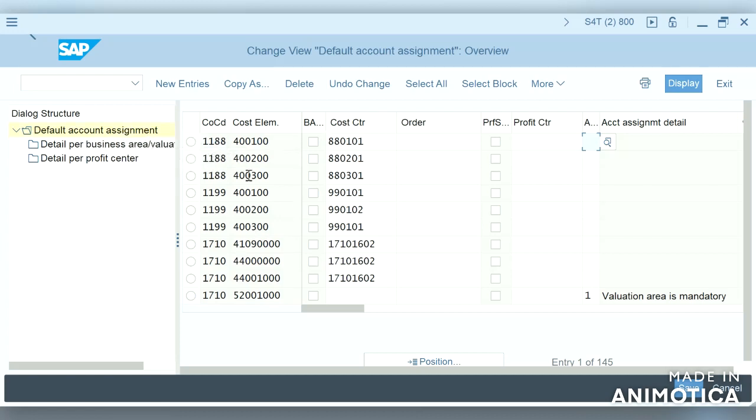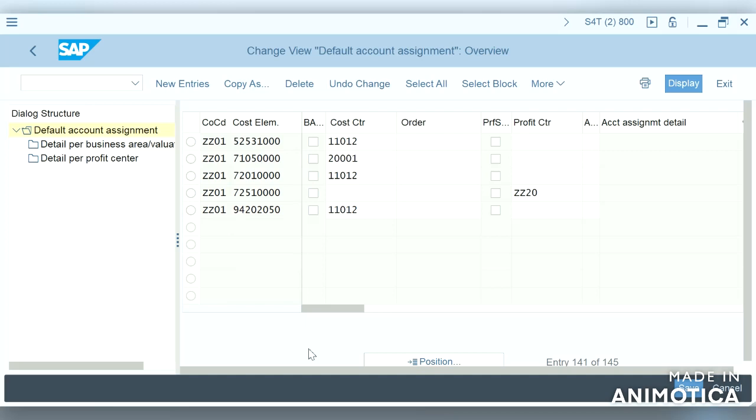So in conversion projects, when the customer is moving from ECC to S4 HANA, how will the cost elements be transferred to S4 HANA?